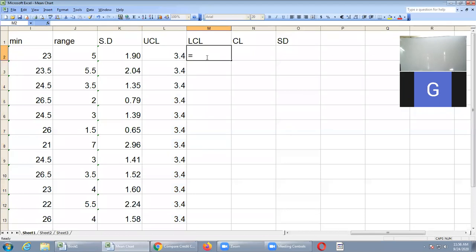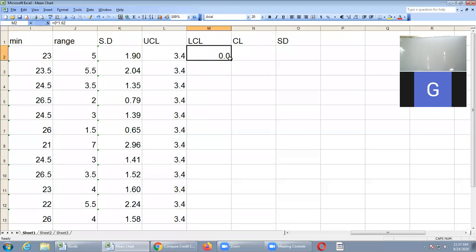Next, LCL. LCL is nothing but B3 S bar. I have already told you the B3 value for any n value is 0. So 0 into that 1.62. Let me check the value; 1.62 I think. Then enter 0.